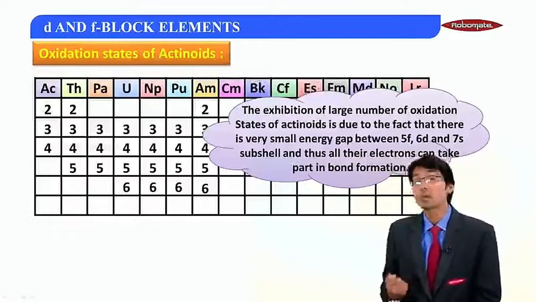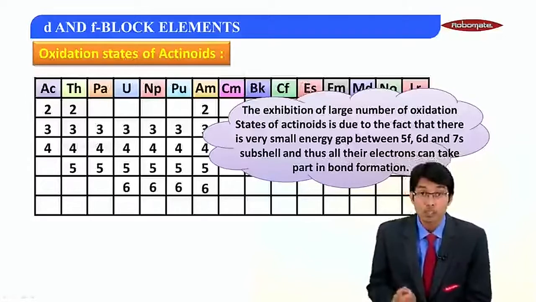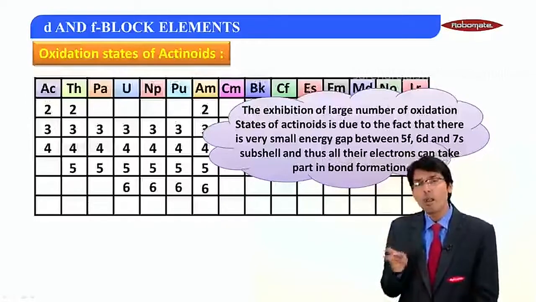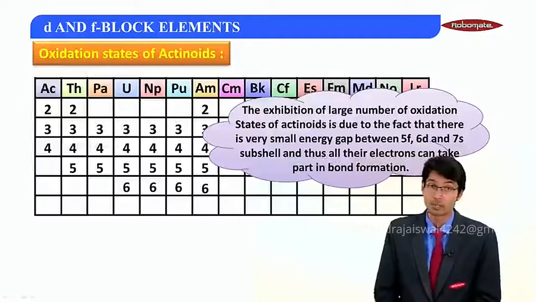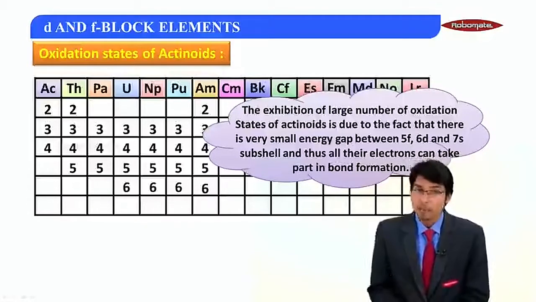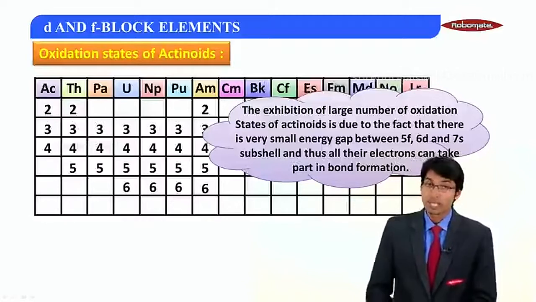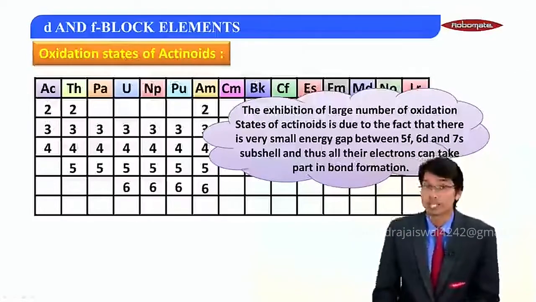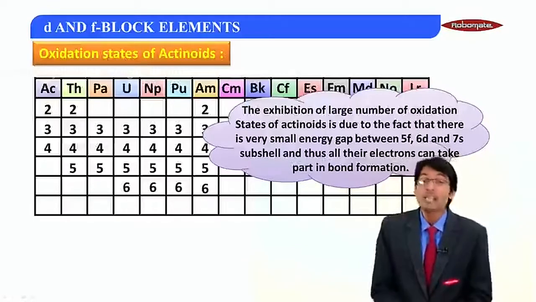This exhibition of a large number of oxidation states of actinides is supported by the fact that there is very small energy difference between the 5f, 6d and 7s subshells. That's why electrons can participate in bonding from these corresponding orbitals, and that's why they have a stronger tendency to donate a large number of electrons,